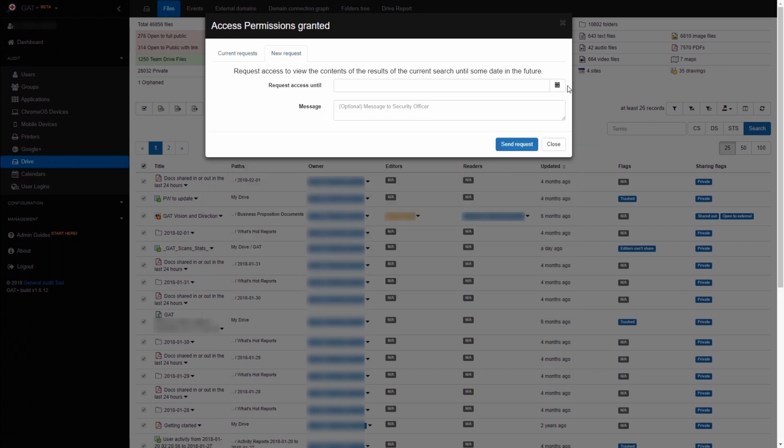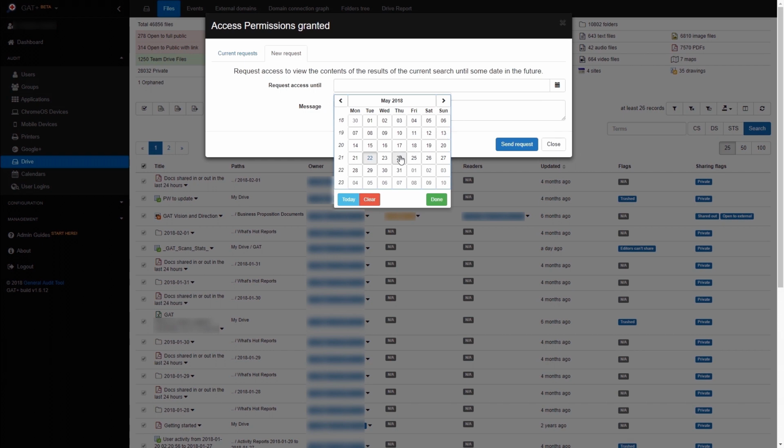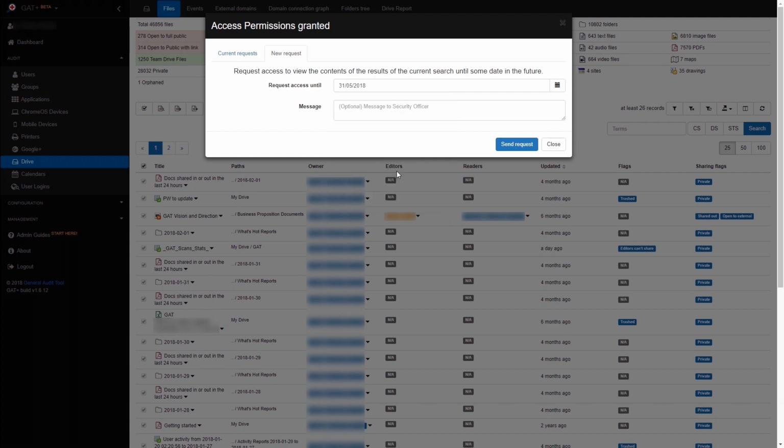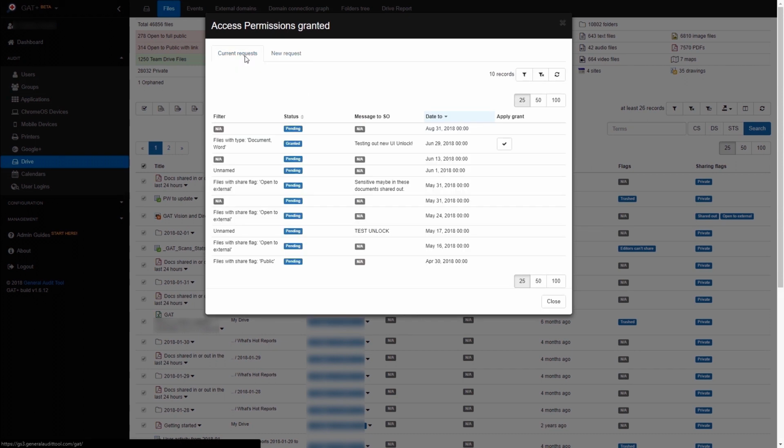You will need to select a time frame for how long you would like access to the contents of these documents. Once this time is expired, you will no longer have access to the file's contents. In the message box, you can let your security officer know why you need access to these files that you are investigating. Once a request is approved by a security officer, you can see it in the Current Requests tab